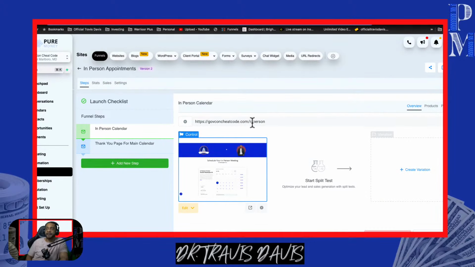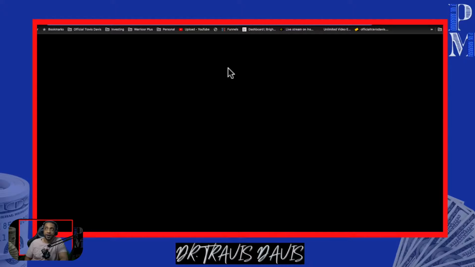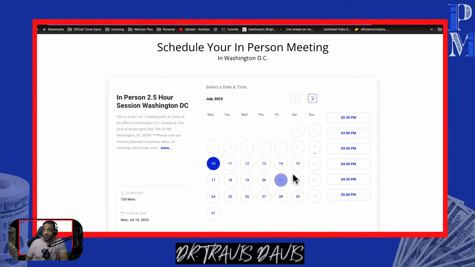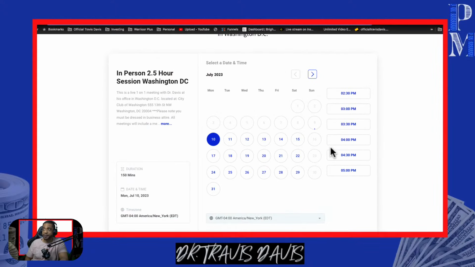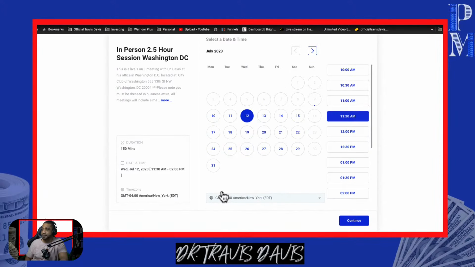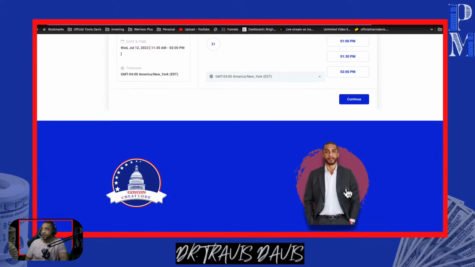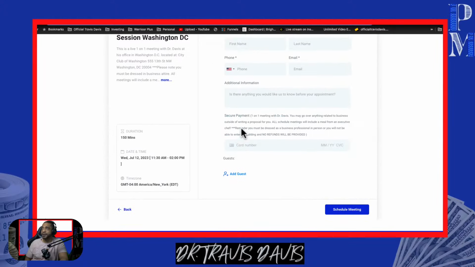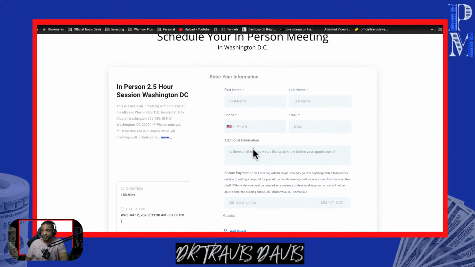Now, if I was just talking to somebody randomly on the streets and they was like, yo, I want to book an in-person meeting with you, I can remember that the link to my in-person calendar is govconcheatcode.com/in-person. When they come to this link, they can schedule the in-person call for whatever time that they would like. And most importantly, when they select that time and click continue, they're going to go ahead and make that payment right here too for that call.